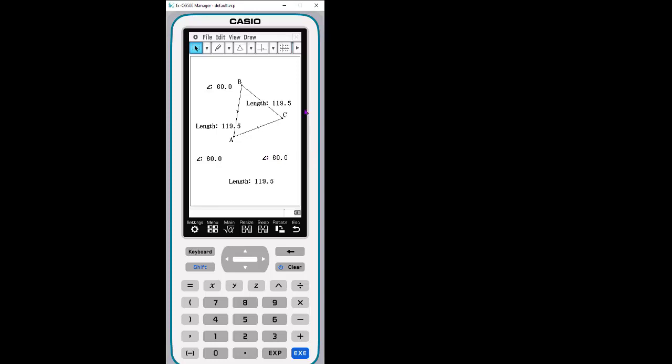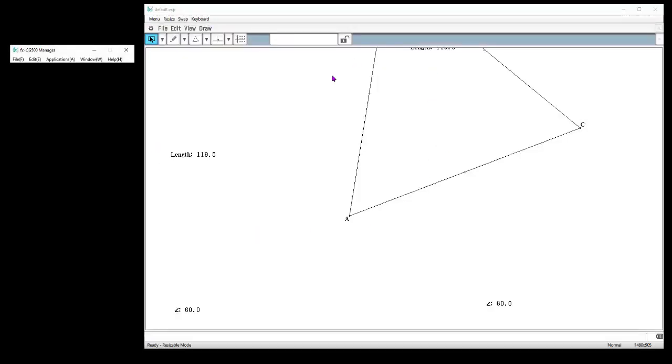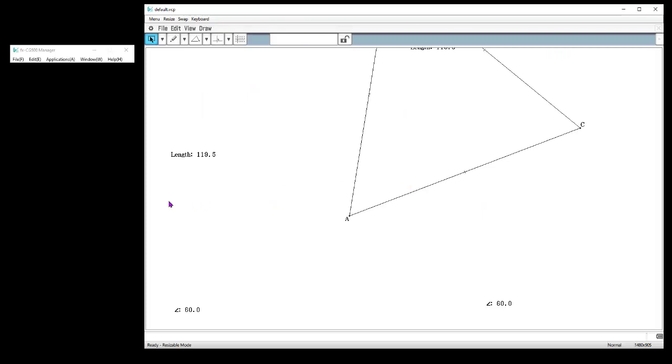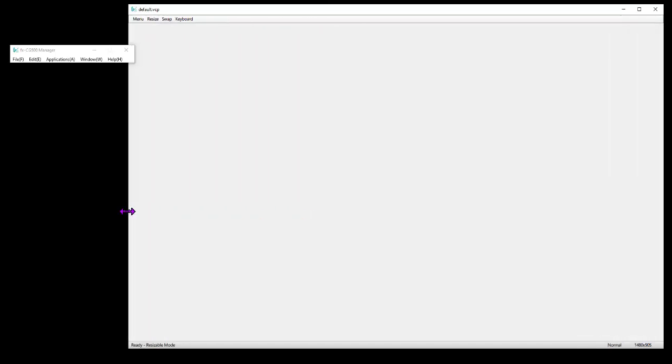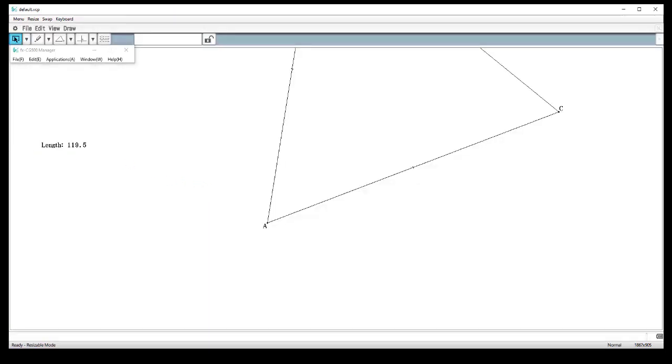I'm going to switch now to the other mode that is part of the emulator, which is really nice. So right now it looks just like what the student's handheld would look like, but if I right click, go to resizable, it brings up that screen in a much larger view, and everything then is sort of replaced. Like my menus are now an option here. So I just have things in different places because now I have a much bigger screen, and I can resize it, as it said, make it as big or as small as I want. So I can make it go all the way across here if I really wanted to.